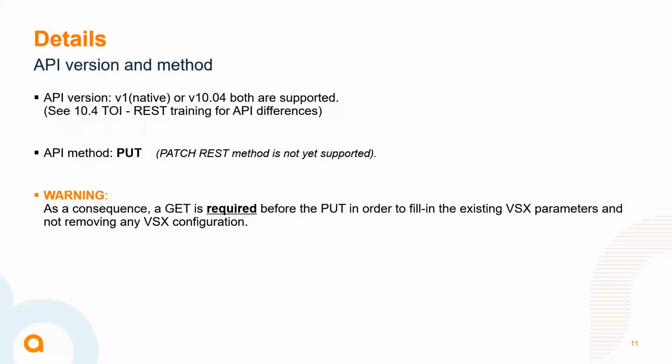The method that we use is a put. A patch method is not yet available, so that will be an improvement typically for that upgrade, because we are going to perform a get and then a put, and it would be better to perform a patch in order to just change what needs to be changed. So the consequence is that first of all you have to perform a get to extract the parameters that are mandatory to be set in the put. So this is a bit of work to be done before, but you will see this is not so complex.